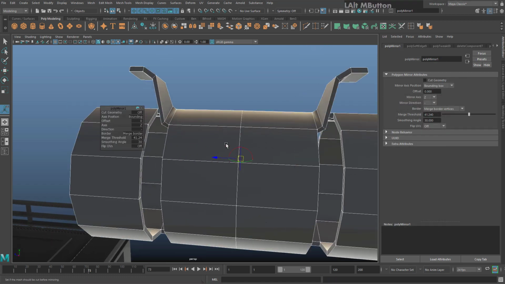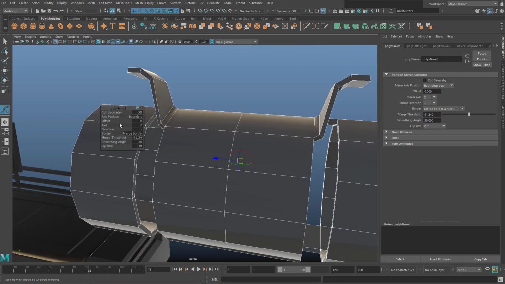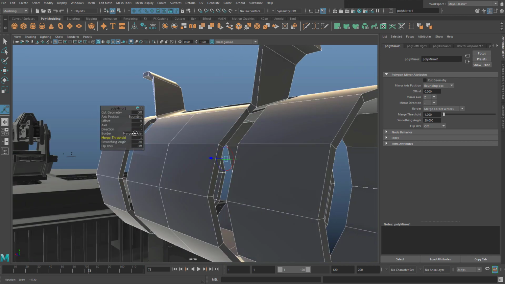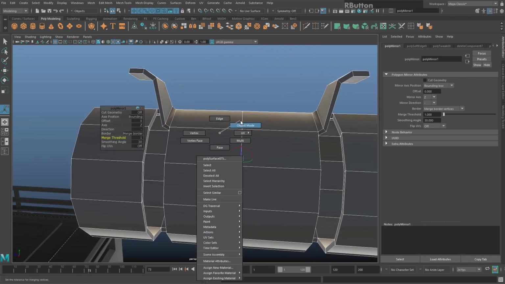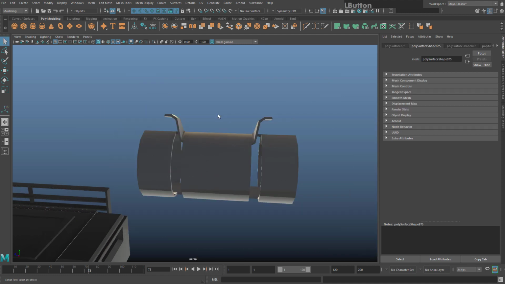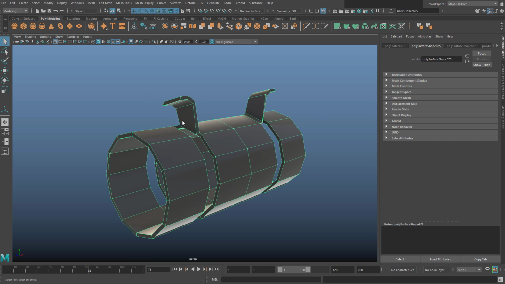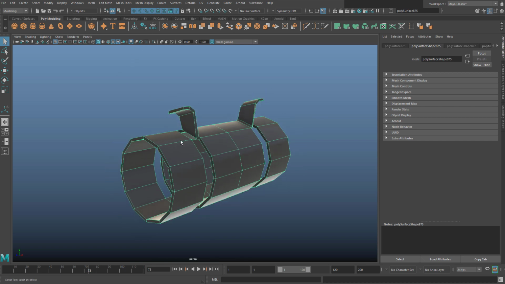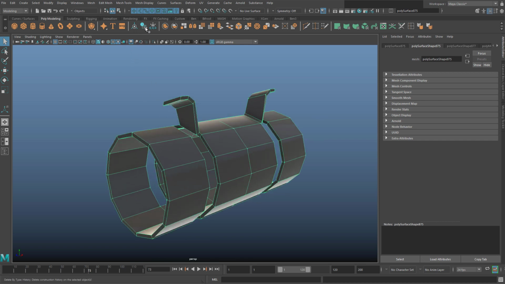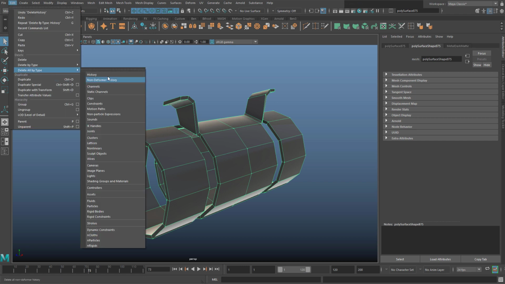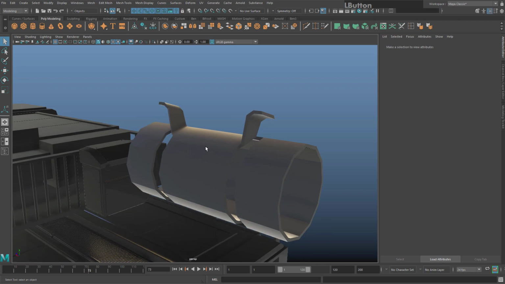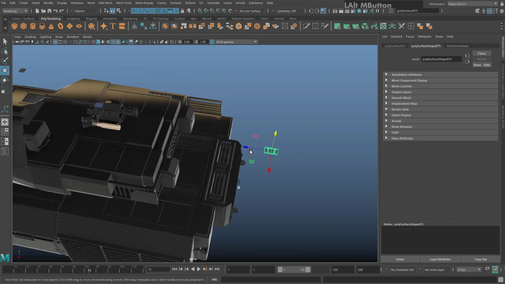That looks good. If you have any problems with it connecting in the middle, you can play with the merge threshold. You may need to bring that down if you need to. And then you can go back to object mode when you're done. And I would now delete history. There's a glitch in Maya where if you don't delete history after mirroring, it can corrupt your geometry. So go to Delete History, which is this button here with the clock, or Edit, Delete All by Type, History. And that's now good. Now hit W for move, and